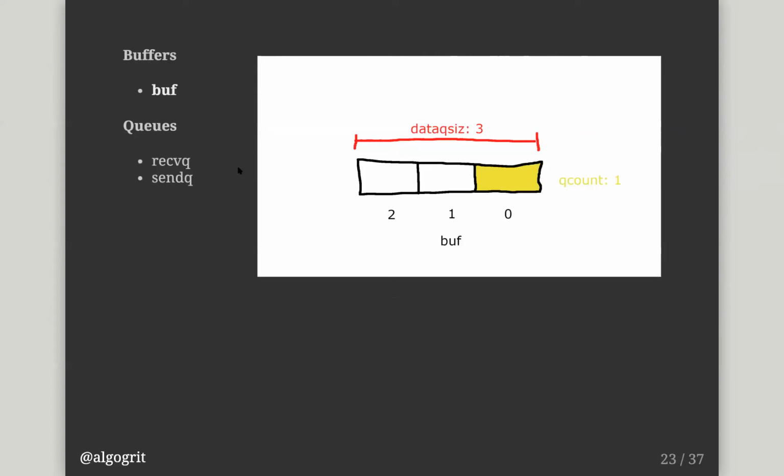But it still reuses the hchan. Correct me if I'm wrong, Ankur. Basically, in a buffered channel you get a circular buffer. With an unbuffered channel, you get an array of length 1, but it's still a buffer. It's still the same structure; it just, the semantics change. The data queue size becomes 1. The queue count would always be 0 or 1 at max. I'll come to these two attributes, data queue size and queue count, in a later slide. Let me go on.